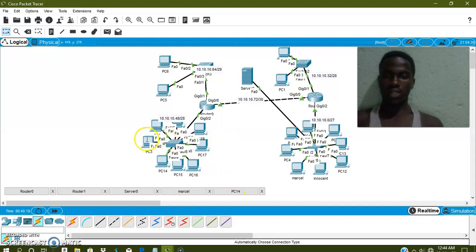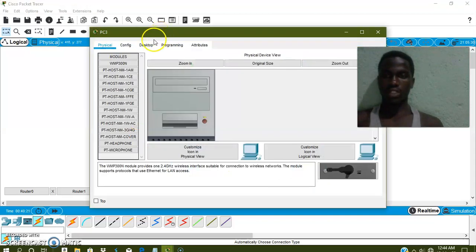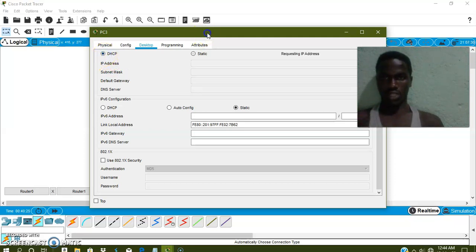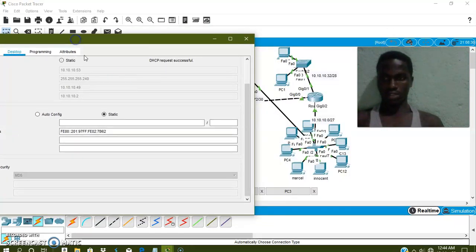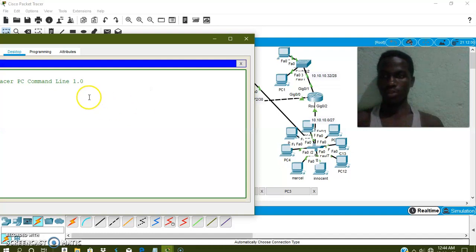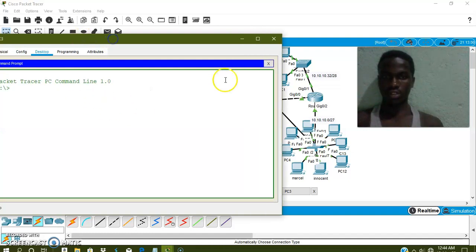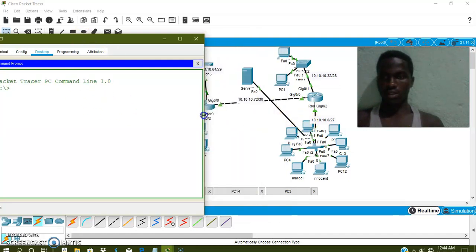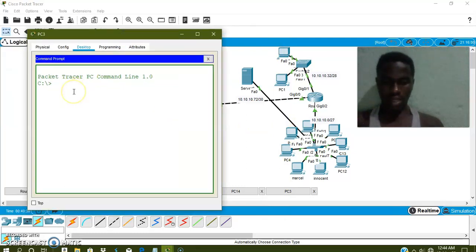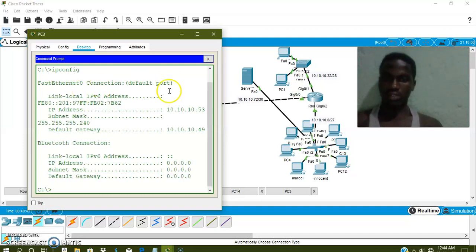So I can come to the machine and check its IP, and I try to check the connection between these users. Okay, after getting this, I can ping. Can I be able to ping? Yes, let's test. Can I be able to ping? Yes. IP config. Yes, you see that I